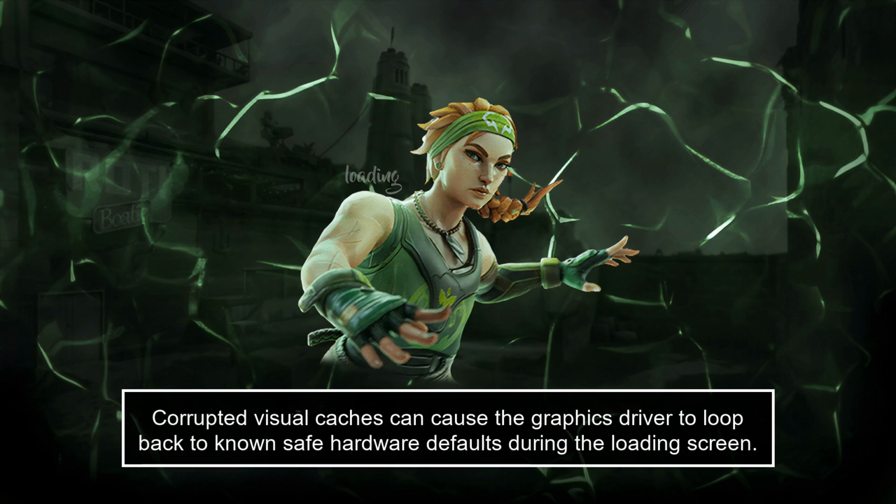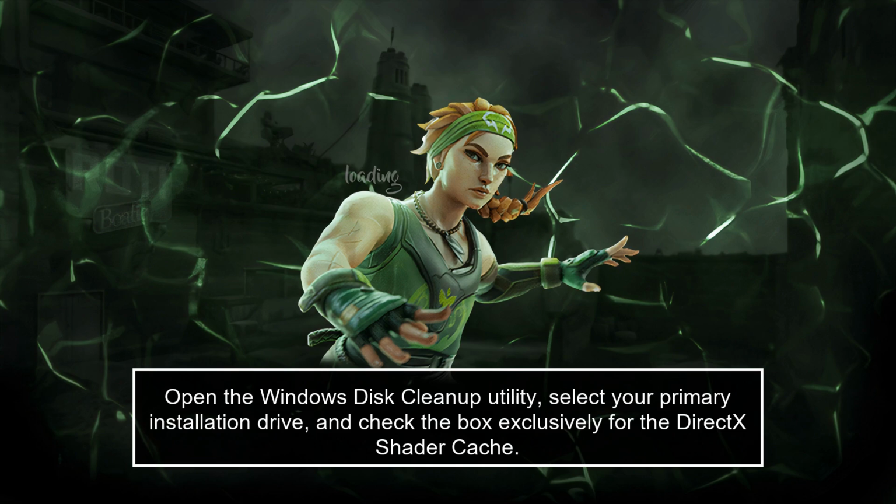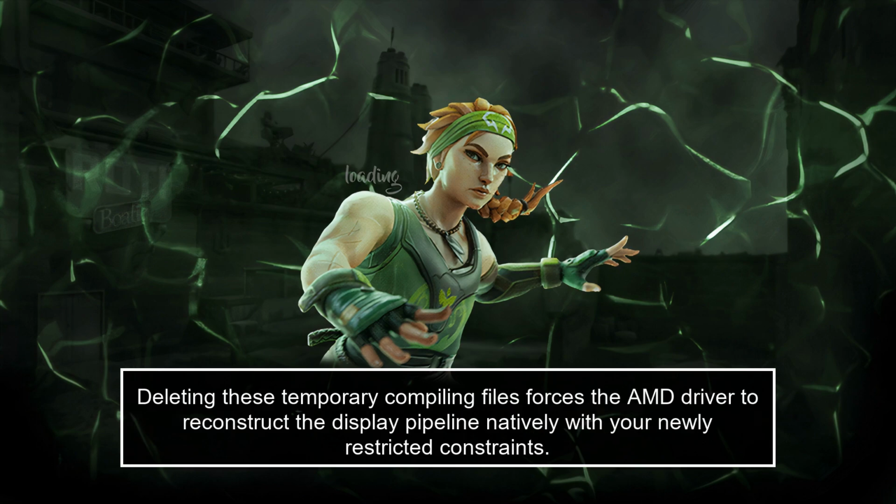Corrupted visual caches can cause the graphics driver to loop back to known, safe hardware defaults during the loading screen. Open the Windows Disk Cleanup utility, select your primary installation drive, and check the box exclusively for the DirectX shader cache. Deleting these temporary compiling files forces the AMD driver to reconstruct the display pipeline natively with your newly restricted